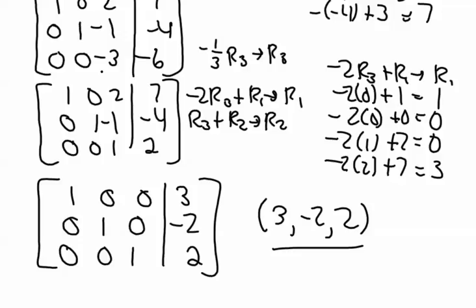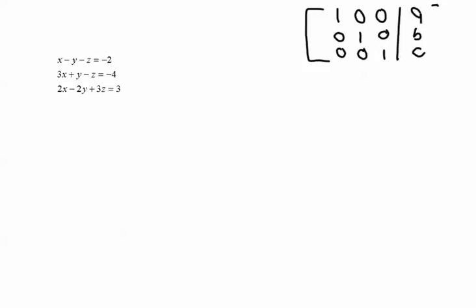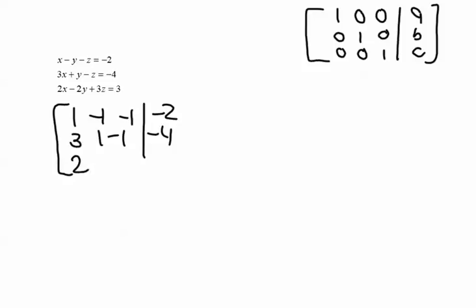Okay, one other example I want to take a look at. Again, I will draw a picture of what I would expect this to look like at the end. Make sure the ones are where they belong, zeros above and below, and then this column, it does not matter. So the first thing I would like to do is to write the augmented matrix for this. Okay, so the 1 is where it belongs, but this 3 needs to be a 0, and this 2 needs